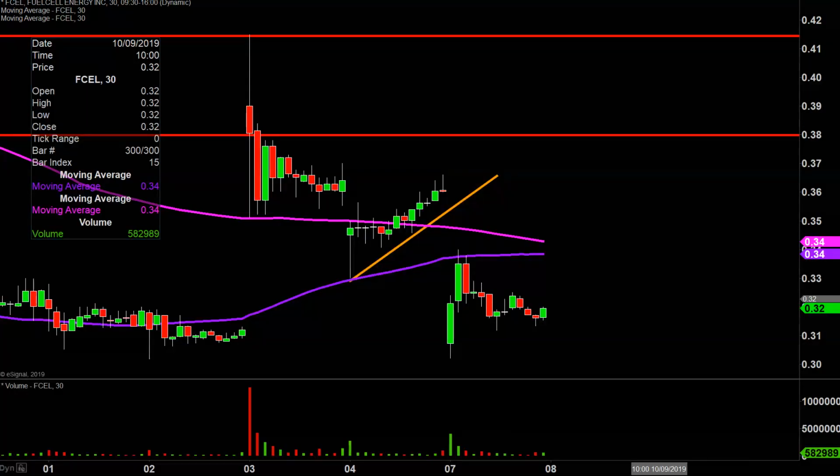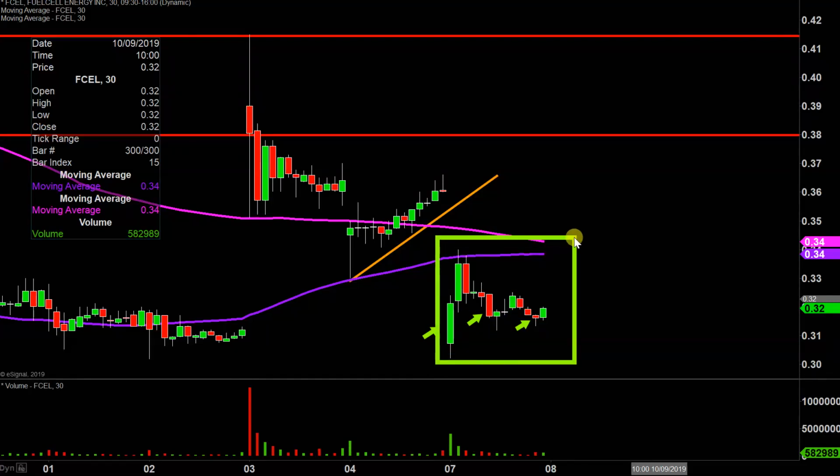Real quick, what do I mean by 30-minute in case maybe you're new to charts? Instead of each one of these candlesticks representing one day's worth of price action, which is what you would normally see, each one represents 30 minutes. So while this may look like several days' worth of time, it's actually today's price action broken down into